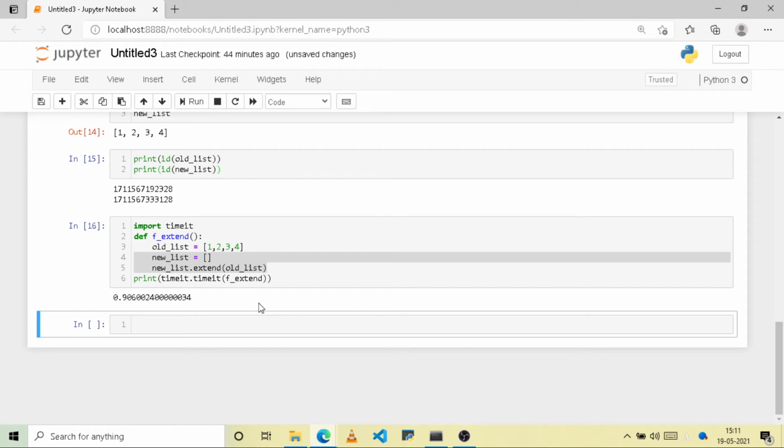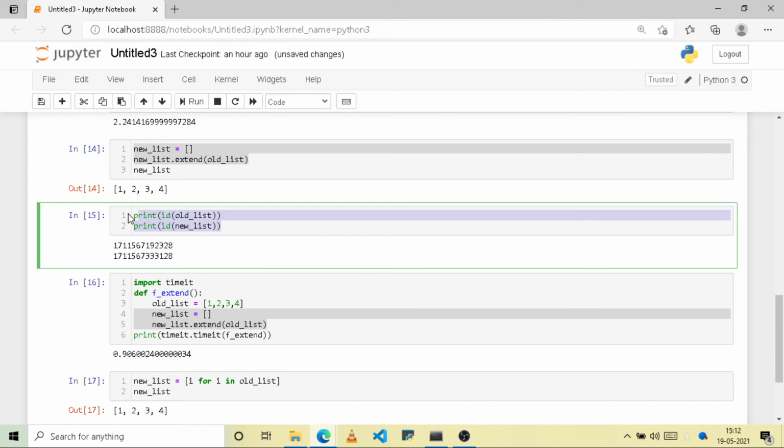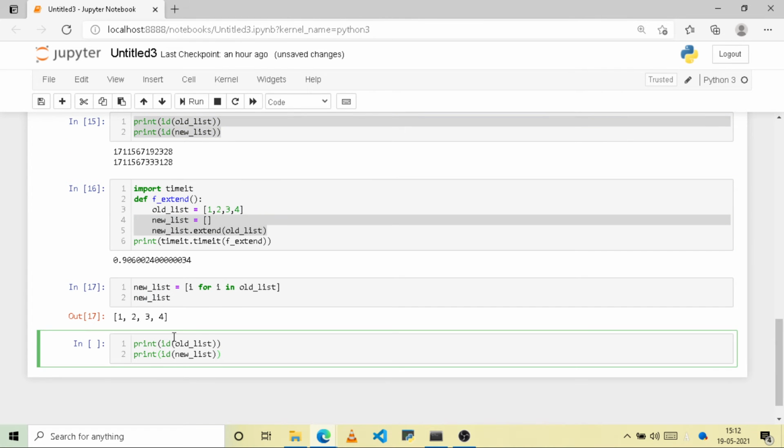So another method is list comprehension. Let us try the list comprehension method. For that, let's create a for loop, for i in old underscore list, and let us print the i in a list. So this is the new list. Now let us print this new list over here, and see if both refer to the same location or a different location.